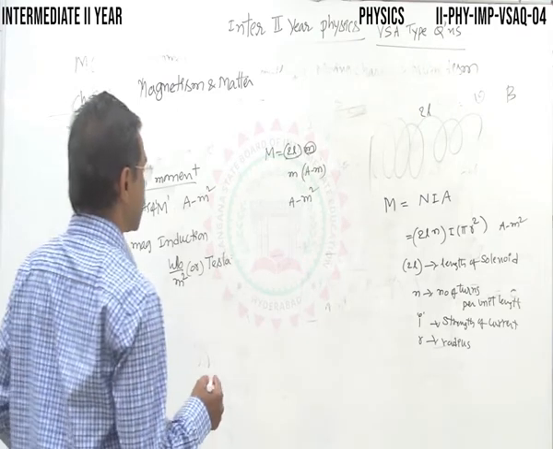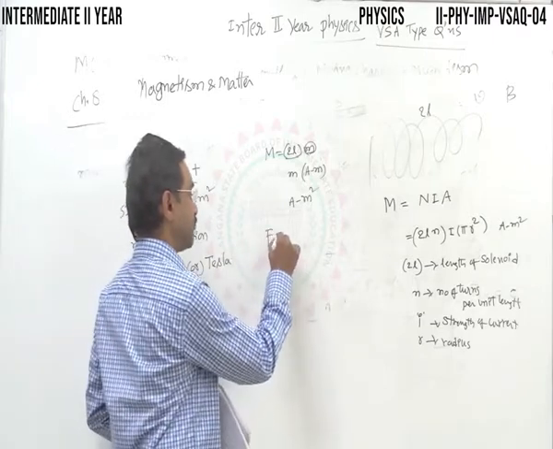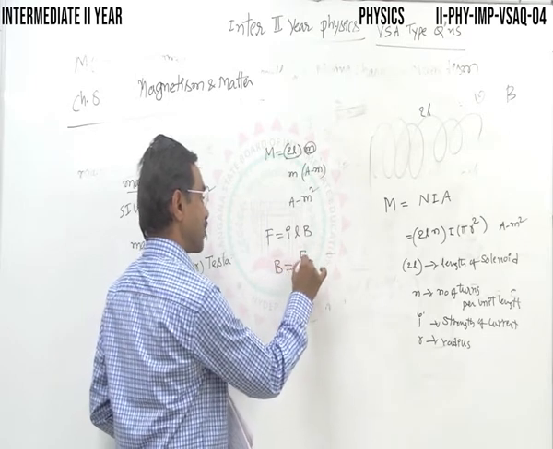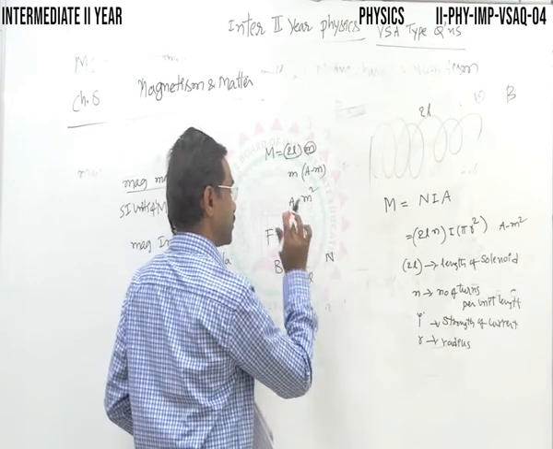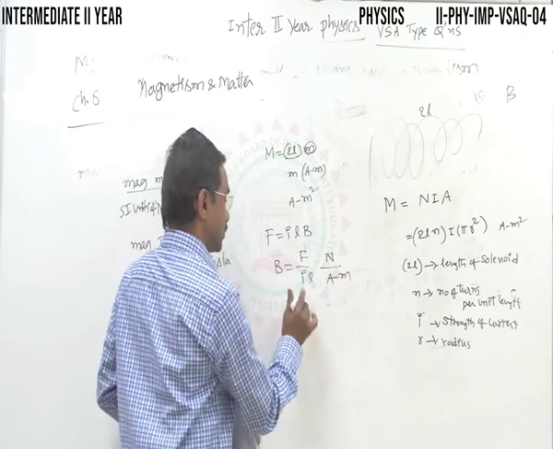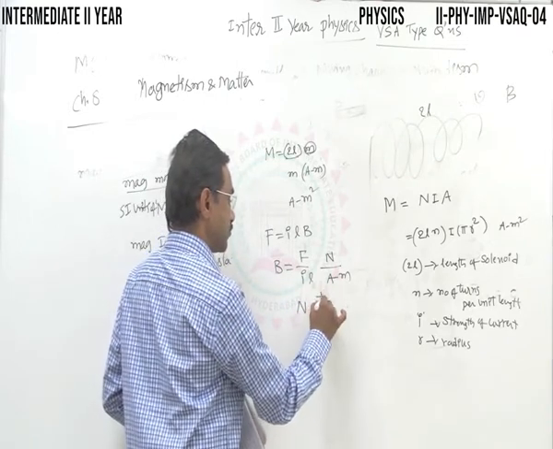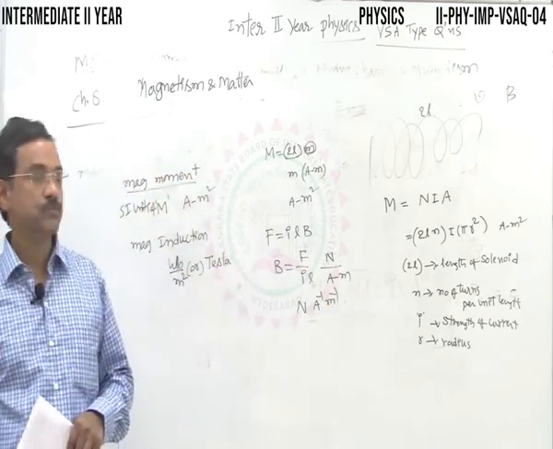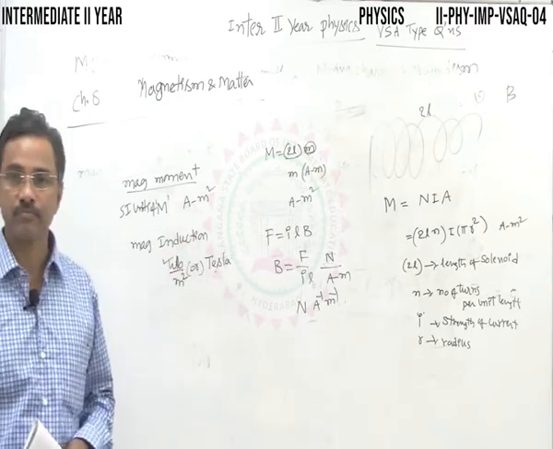Another unit is also there. For the IPE examination, this is more than enough. Only for competitive exams, F is equal to ILB, and this unit is also important for competitive exams. Anybody interested, make a note of it. F is measured in newtons, or ampere meter; it is also measured in newton per ampere per meter, that is, newton ampere inverse meter inverse. This is for competitive exams. For the IPE examination, you write Weber per meter square or Tesla, or any appropriate unit.